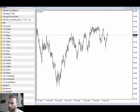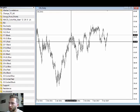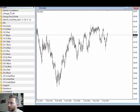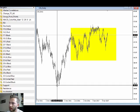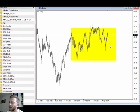As you know, crude oil did not move much for the last year or so. We have been in some kind of a consolidation here after some strong reversal back at the start of 2016. So actually how I see is that crude oil could potentially see higher prices by the end of the year,